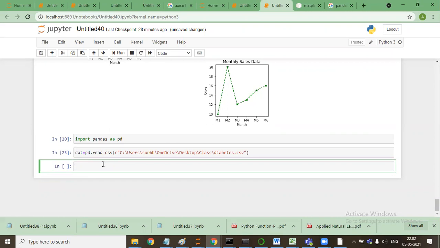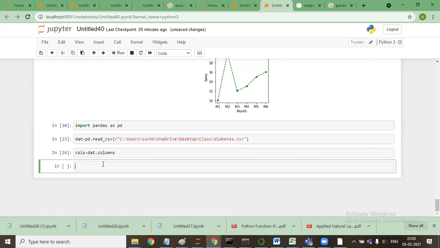So the thing is, I'll say cols is equal to dat dot columns. I'll say shift enter. I'll say cols.